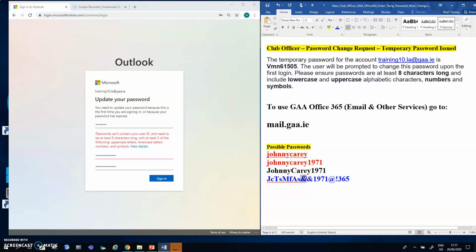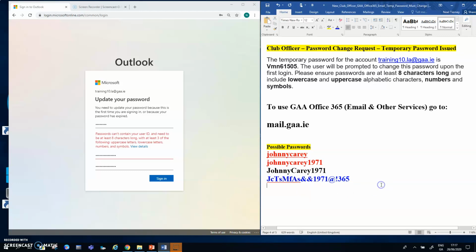And then over in the middle of it, I have 2 ampersand symbols, 1971, an @ symbol for an email, and an exclamation mark. And then the 365 signifies that this password is for my Office 365 account. So this password looks quite awkward, or quite cryptic initially, but when you think about it for a little bit, it isn't quite as